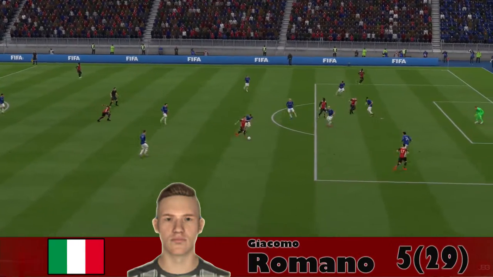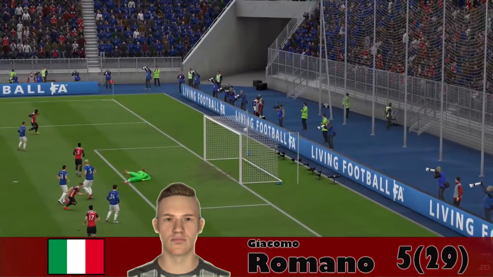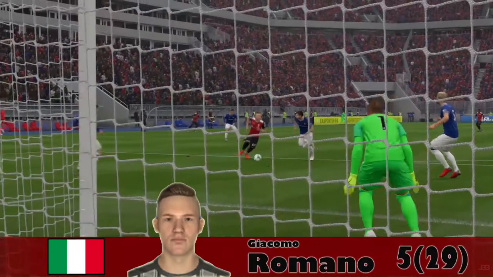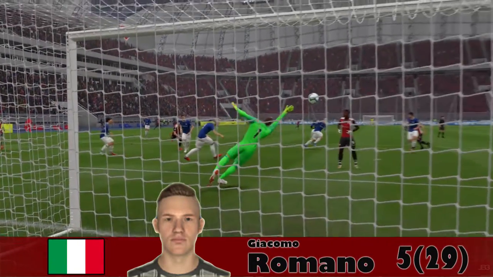A nice turn by Romano. Drives right past his man. Takes the shot. Tough angle. But puts it in the top corner and delivers again. Put another one in the oven for the Pizza Man. It's Romano making it 1-0. Nice